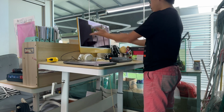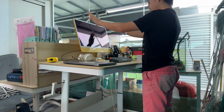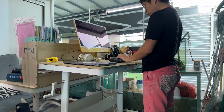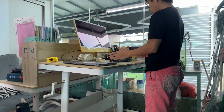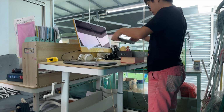Use your keyboard. You can adjust the monitor, tilt it, and you can see it. Looking at the screen is fine, but it's the keyboard. This is actually slightly lower than what is optimal. My most natural height would be here. So what I always do is that I have to go and get a few boxes to adjust the height